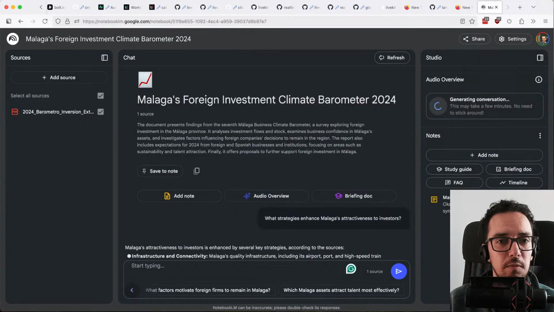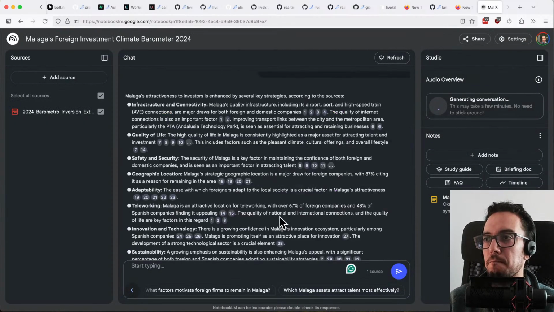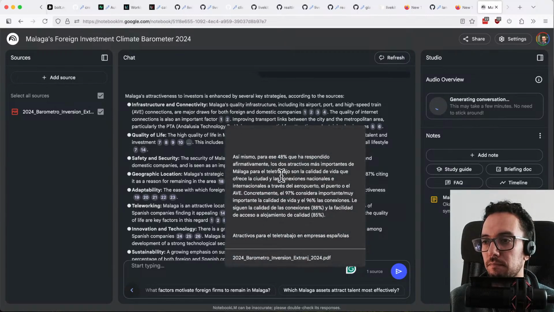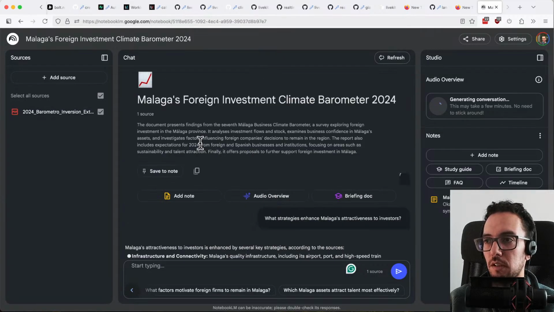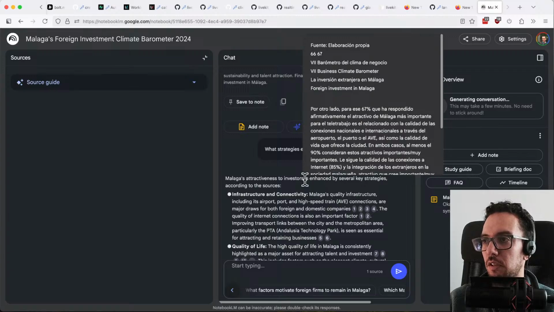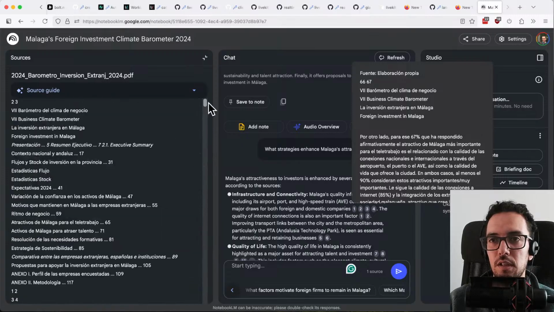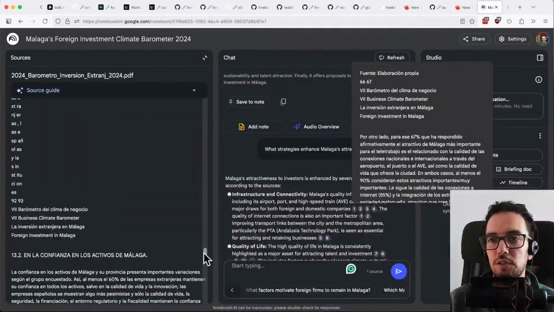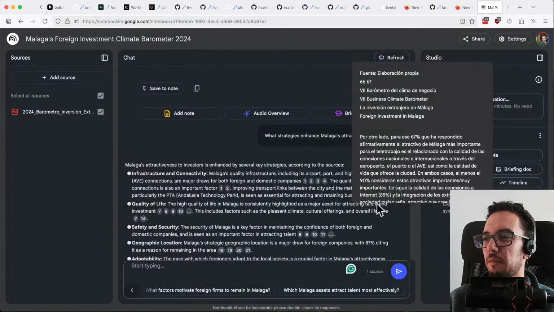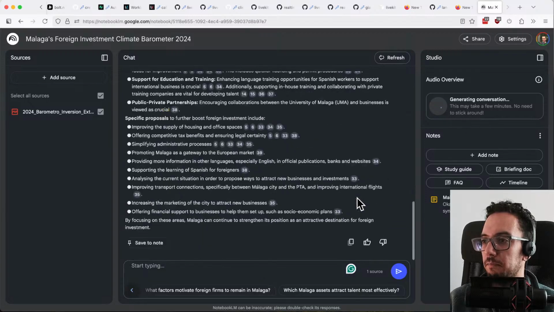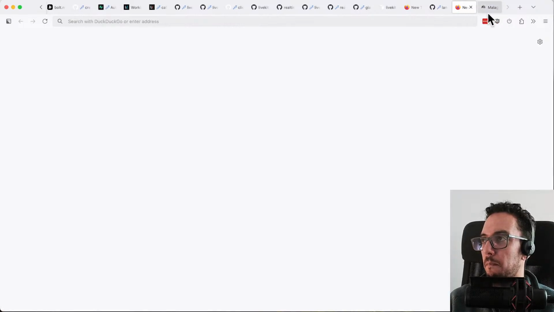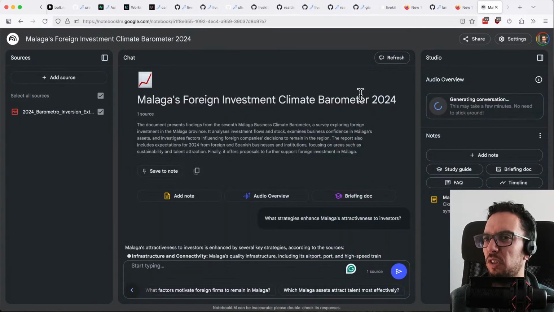I'm just going to switch to dark mode just in case you are watching this at night. And yeah, it tells you this. It gives you reference to where in the document it took that. Also, this document, I think it was in English. Oh, no, my bad. It was all in Spanish. And so it translated everything. I see. Yeah, it's mainly made for English-based documents and information. But yeah, my point is that NotebookLM has a very good AI voice model,